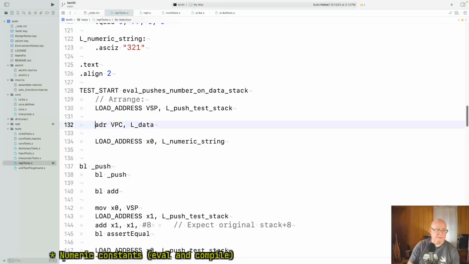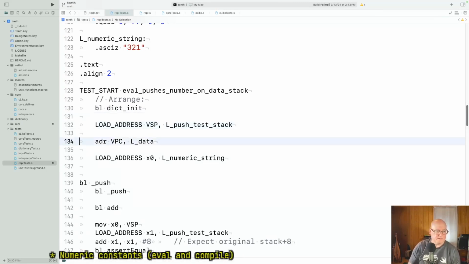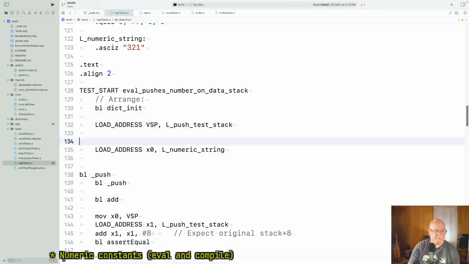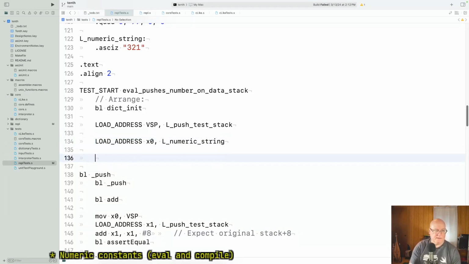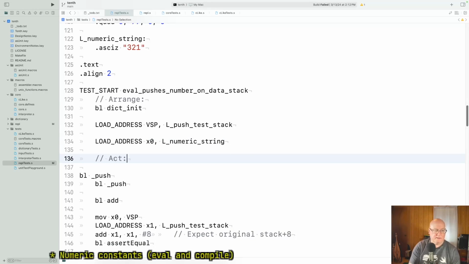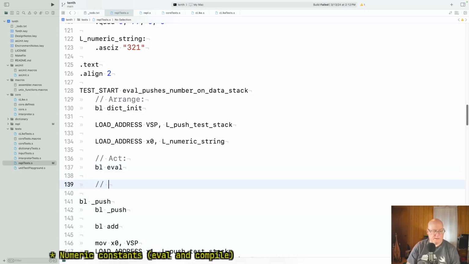I guess we can do that first. All right, I don't know about this stuff, but that is critical. All right, and then act. The big thing we're trying to do is eval. And what we expect,